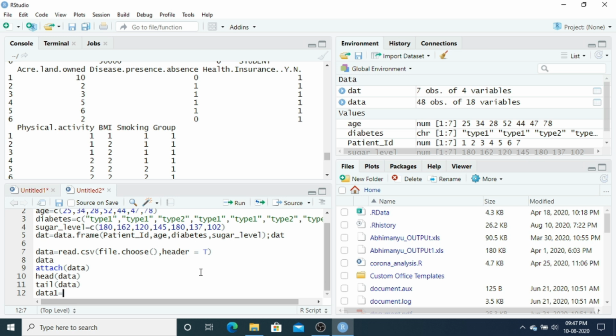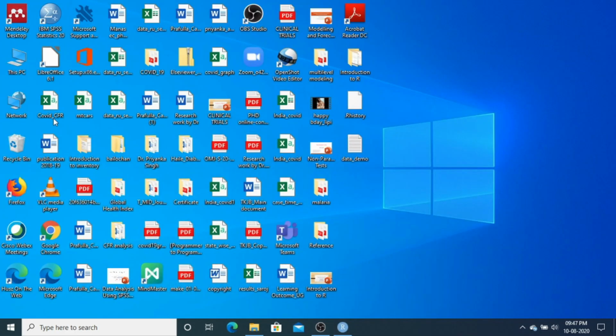Or else, I have another data set here, mtcars, which is on my desktop. I want to import this mtcars data to R. It is already saved in CSV form.